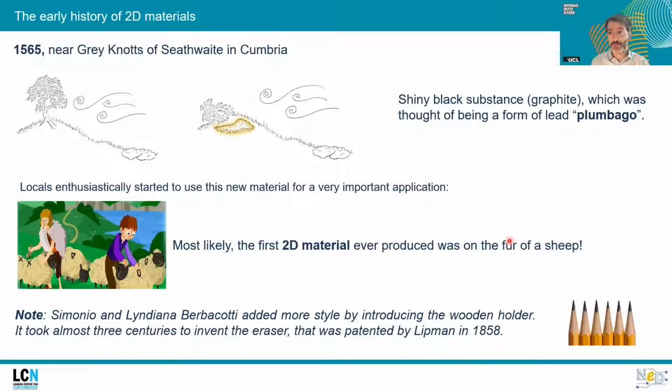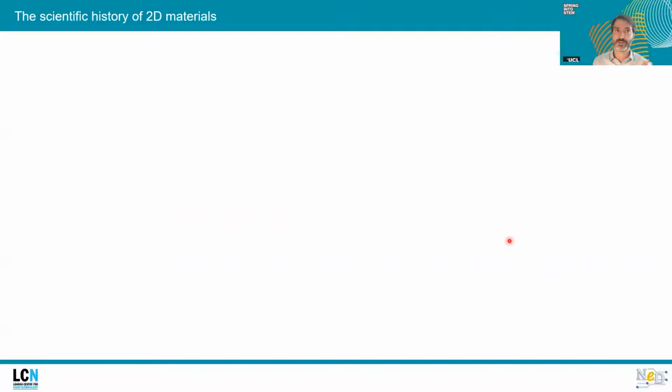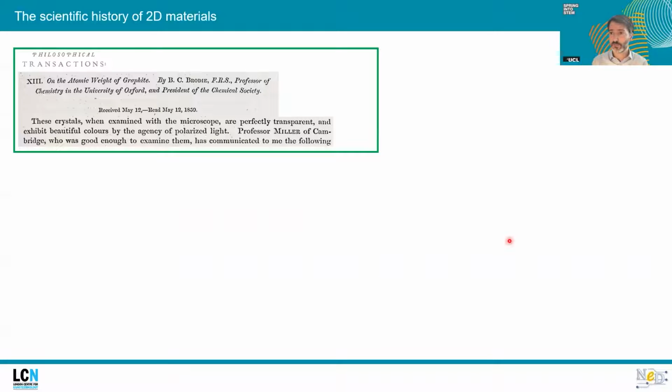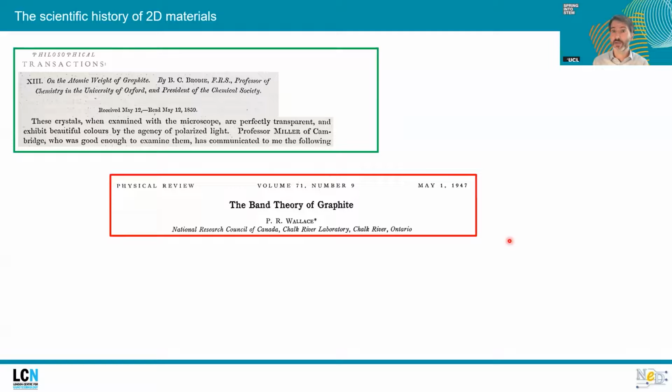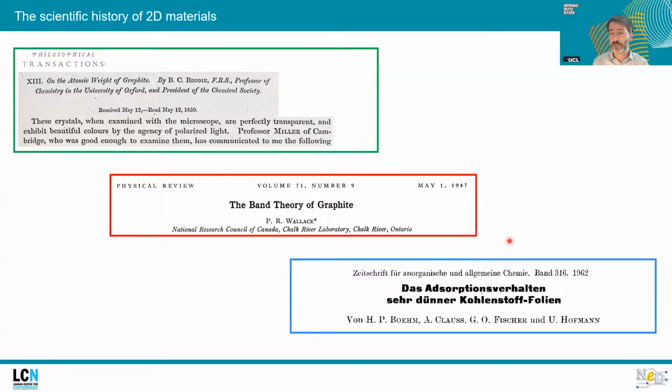Right, now let's be a little bit more scientific. Let's look at the scientific history of 2D materials. So 2D materials are not something very new, at least as building blocks, in theory they're very well known. So already in the 19th century, graphite was being exfoliated down to very thin crystals. The entire band structure of graphene and graphite was calculated in 1947, and in the 60s there were even some early reports of very thin layers of graphite.